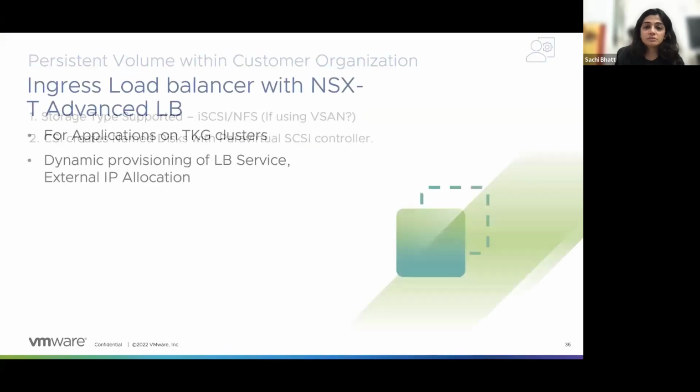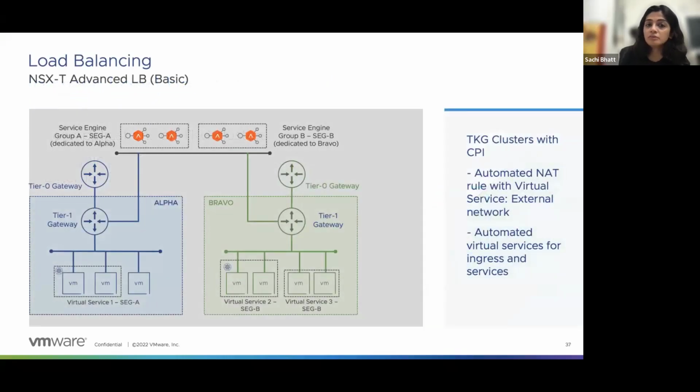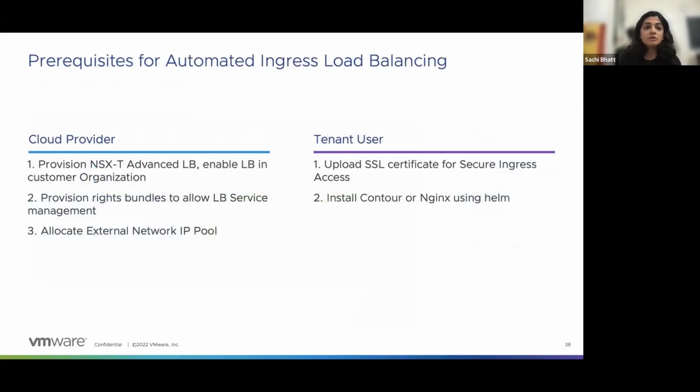Okay, let's skip that part. Next one is Ingress load balancing with NSXT Advanced Load Balancer. So here we are leveraging how NSXT Advanced Load Balancer is integrated with VCD. We assume that our cloud provider has enabled or integrated NSXT Advanced Load Balancer with VCD,